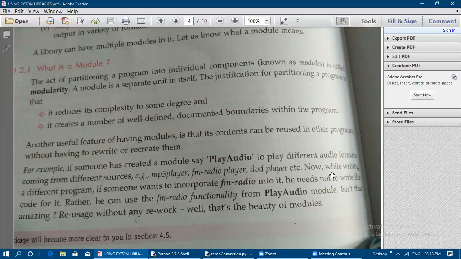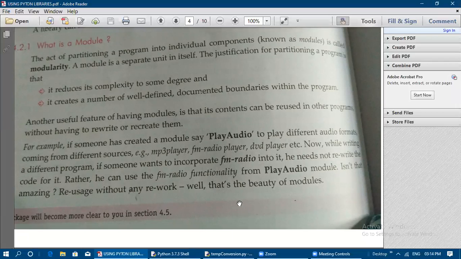Now while writing a different program, if someone wants to use the same FM radio in it, he need not rewrite the code for it. Rather, he can use the FM radio functionality from the play audio module. So he can import directly from that play audio module. So reusage without any rework. That is the beauty of the module.